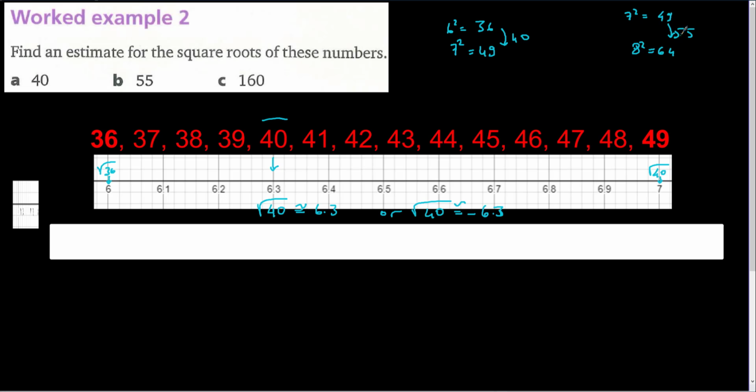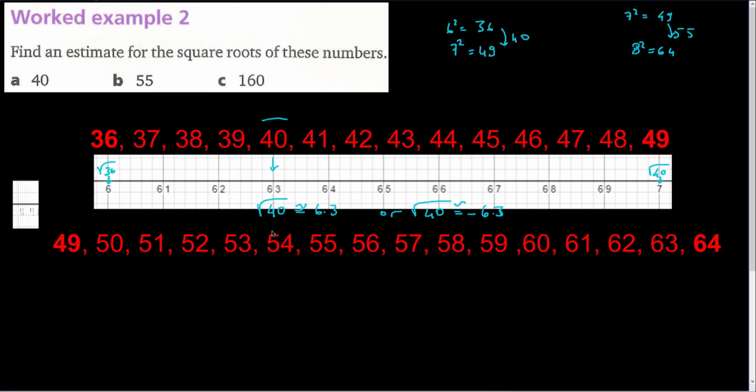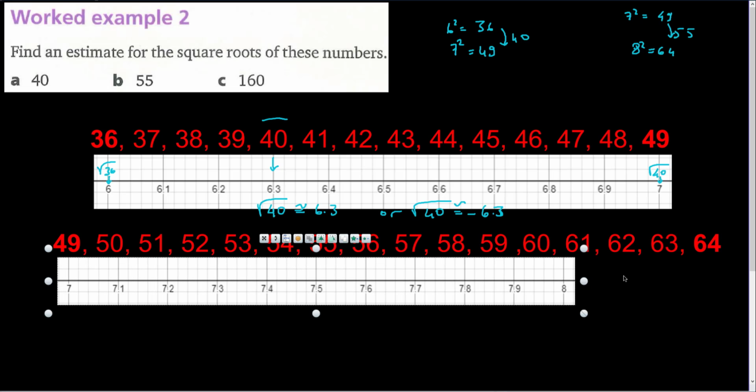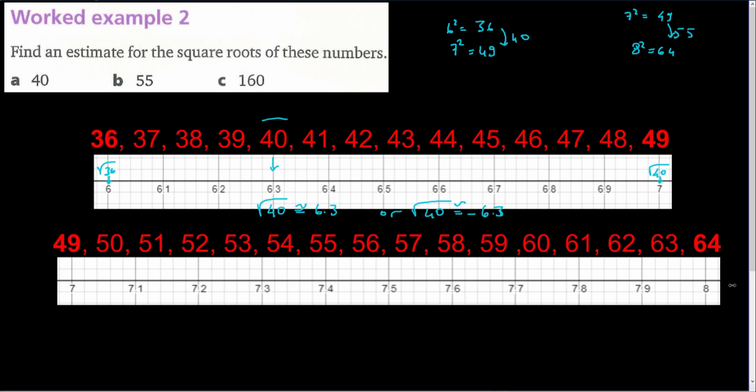These are the perfect squares, and 55 is between 49 and 64. So if I divide the interval between 7 and 8, like in the previous exercises, and write all the numbers between 49 and 64 as I wrote here, and divide the interval between 49 and 64 into equal parts,